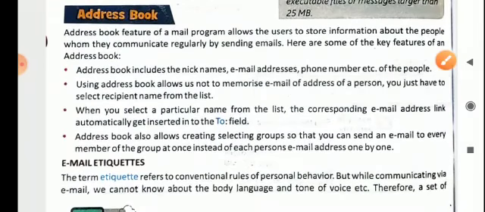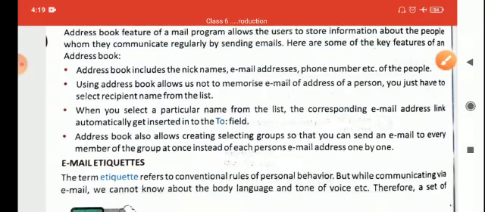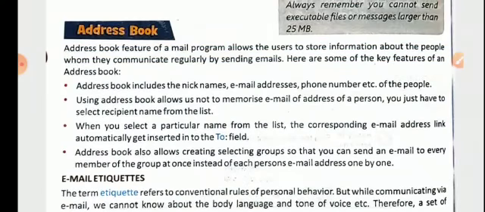Now we come to the address book. What is the use of an address book? Like you all have a phone address book in your phone. Why? What is its use? The contact list is there. If you have a long list of contacts, you cannot remember all of them, so you can store them in the contact list. Whenever you want to reach that person through phone or call that person, you can select from the name in the contact book.